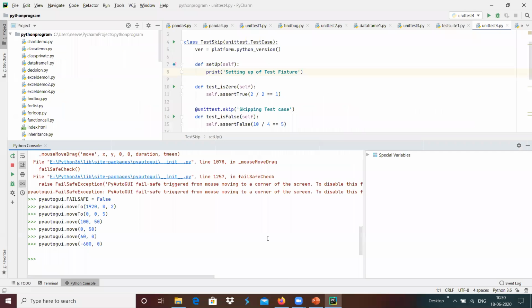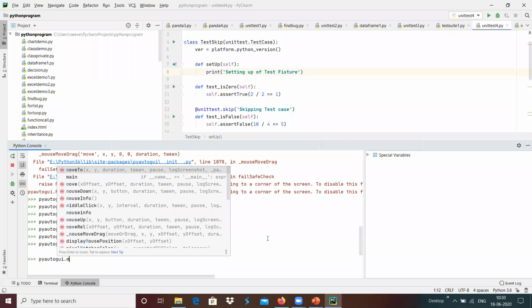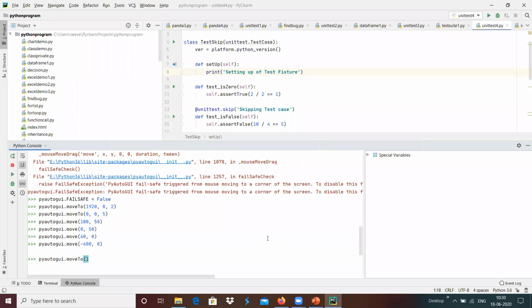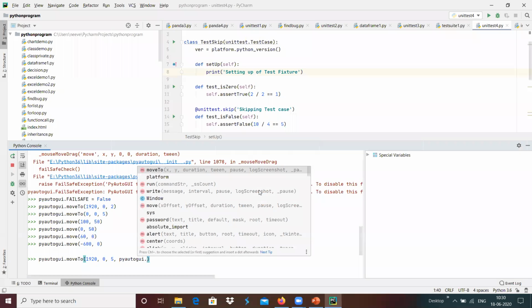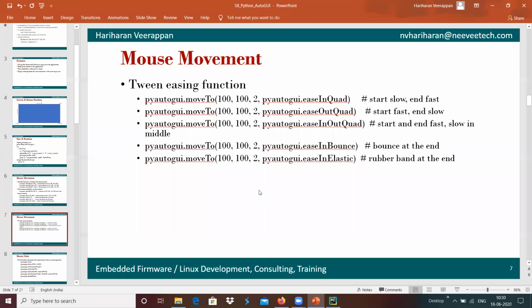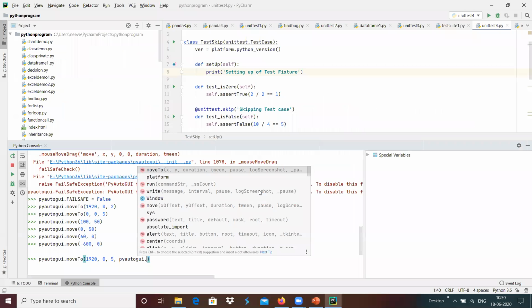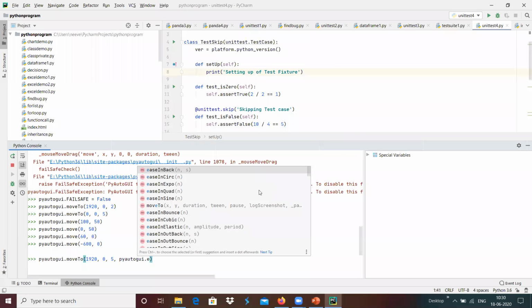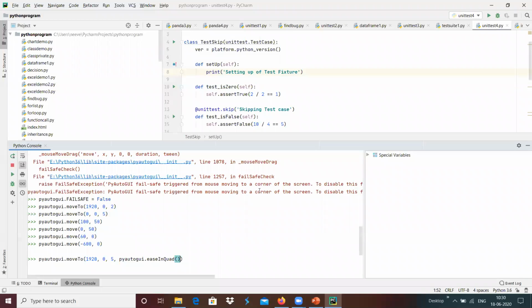Maybe I'm going to use pyautogui.moveTo to the topmost corner over here, giving 1920 cross 0 and 5 seconds. Then I'm going to use the easeInQuad option over here.